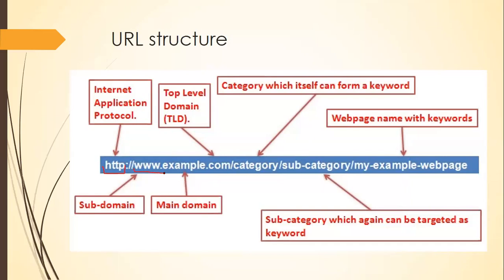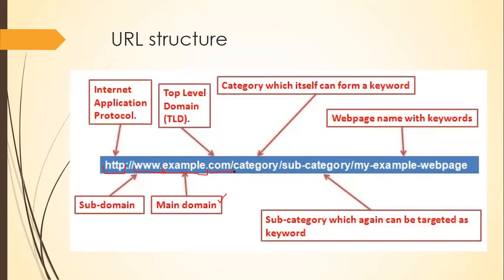And then you have the www, or W3, the World Wide Web, your subdomain. And then you might have something like, I've just given a random example, example.com. You might have something called rajagiri.edu. This first thing which comes after your www, you call it the main domain. And then you have something else which comes after your main domain. It might be .com, .edu, .gov, or .org. You call it the TLD, or the top level domain.